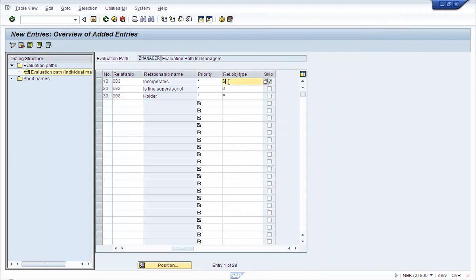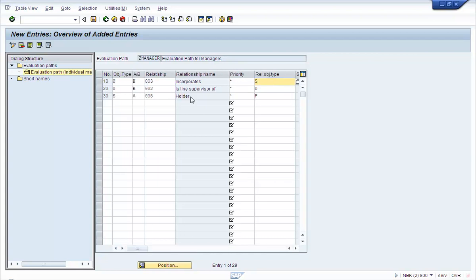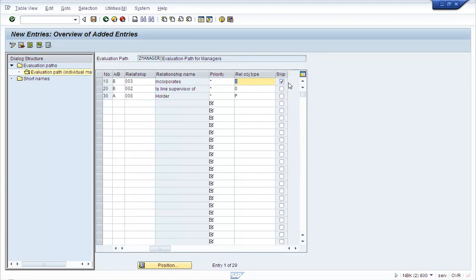So let's suppose we select this skip checkbox. When this particular evaluation path is read, the system will select the positions within the start org units, but it is not going to display the position ID or position information in any of the HR reports which use this evaluation path.